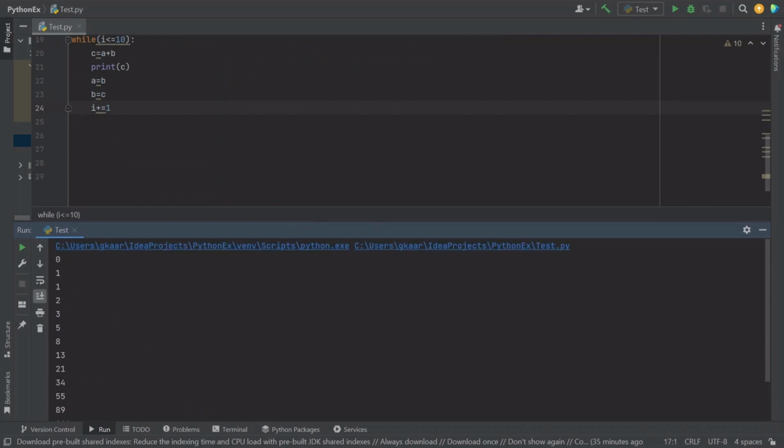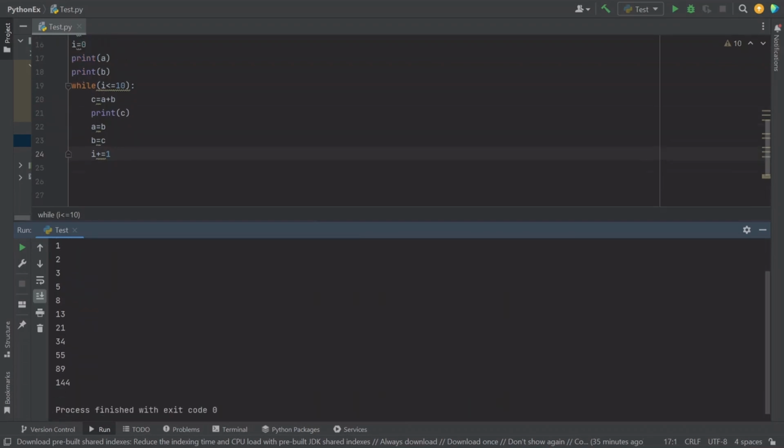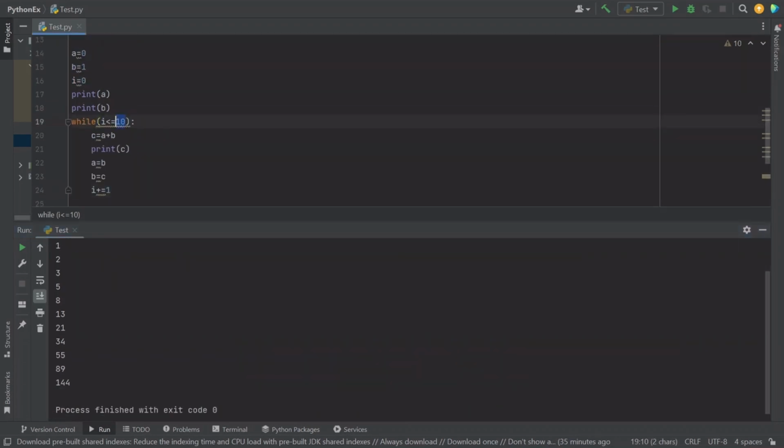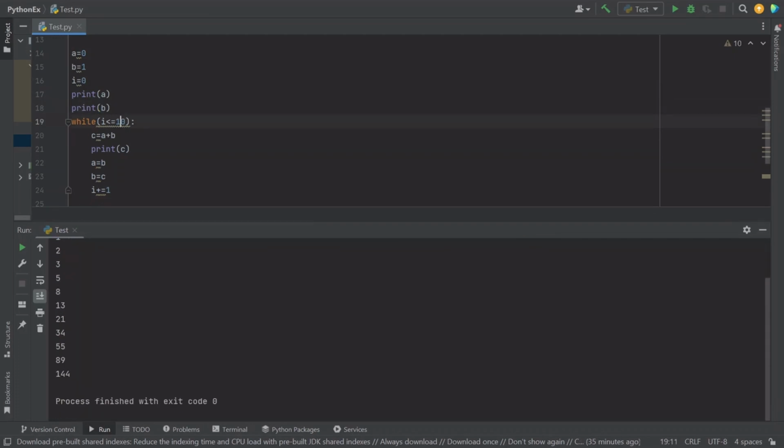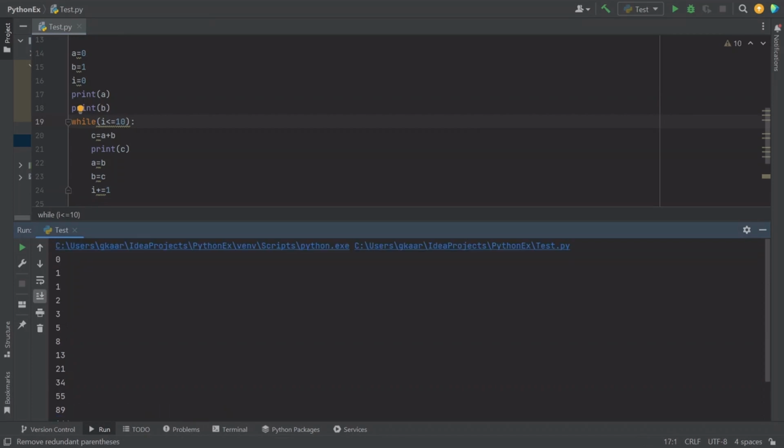So 0, 1, 1, 2, 3, 5. When I put 10 here, it basically does the iteration 10 times. Plus I also have printed A and B, so basically this has looped for 12 times. That is why you have gone till 144. So if you wanted to reduce this,